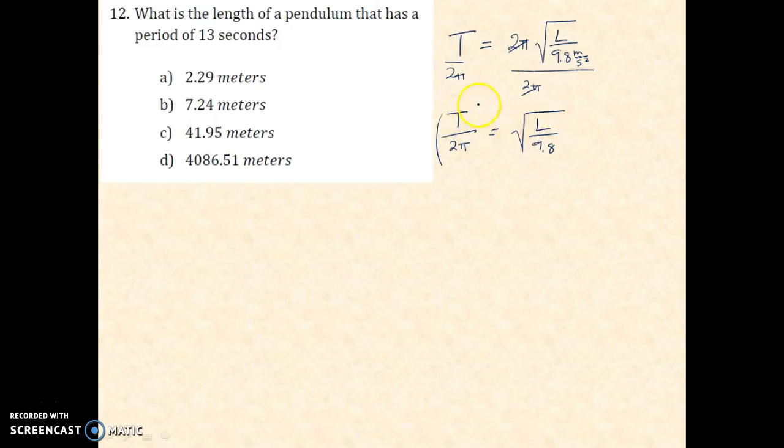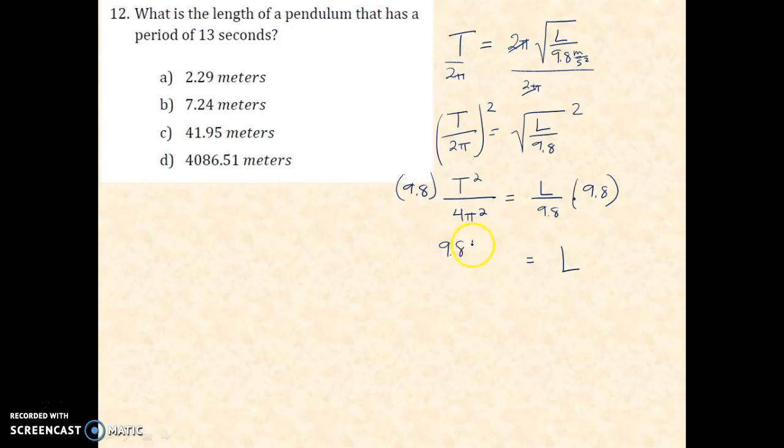Then I would square both sides to cancel out the square root here. So that gives me T squared over 2 pi times 2 pi, which is 4 pi squared. And that would be L, length, over 9.8 meters per second squared. Then I'm going to multiply both sides by 9.8 meters per second squared. And I get pendulum length is